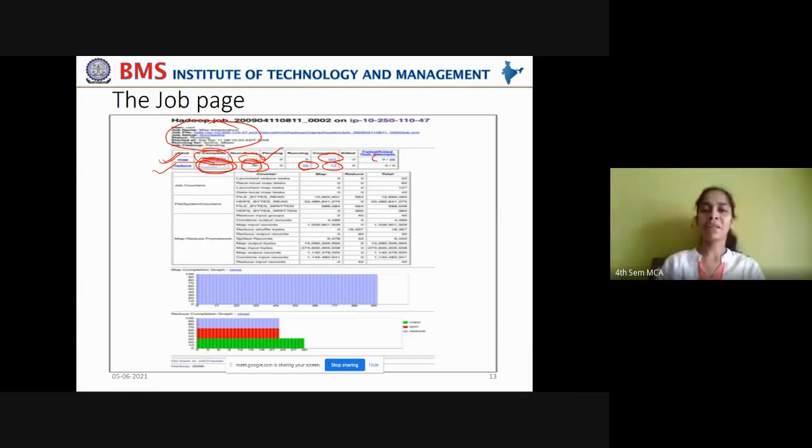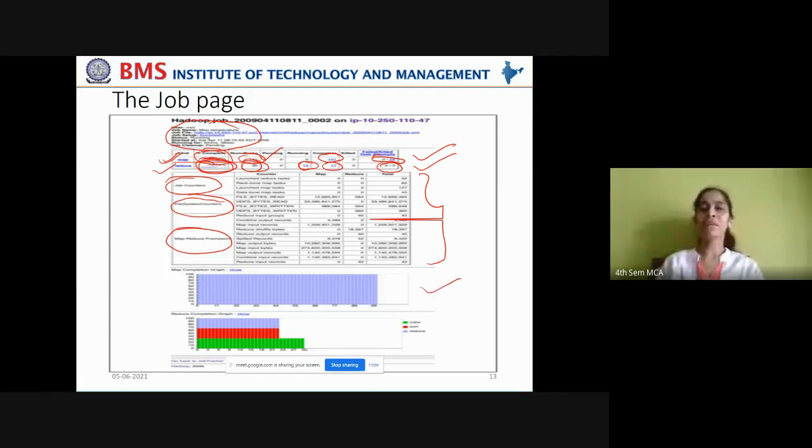And you can see here failed task details are given. If there are any failed map tasks or any failed reduce tasks, those details are displayed here. Fortunately, here there are no failed map tasks or reduce tasks. And also you can see here the job counter details, the file system counter details, the map reduce framework details. I have shown this in your notes, what I have shown in the gray color. All these details are present there, right? That is just to make you understand what all information is displayed in the job page.